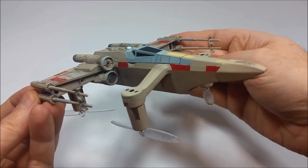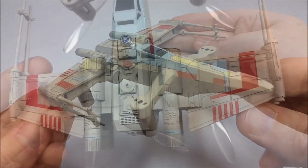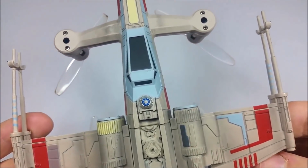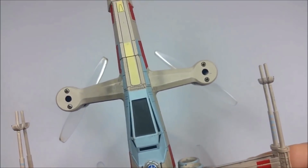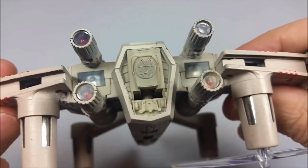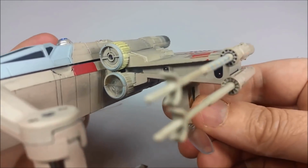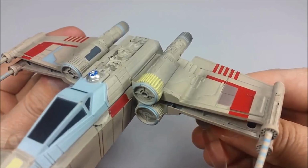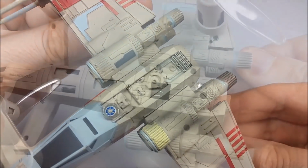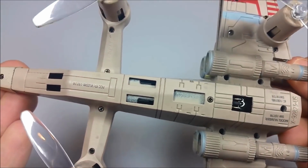I previously reviewed Propel's speeder bike drone, and at that time I thought that was going to be the only Propel drone that I'd be getting my hands on. For that reason I had to be somewhat selective about which features I focused on in the review, because there's really a whole lot going on with these Propel drones, and it's easily enough stuff to ramble on for 15 or 20 minutes without ever getting all that repetitive. So since this one came along somewhat unexpectedly, I thought that for this video I'd take the opportunity